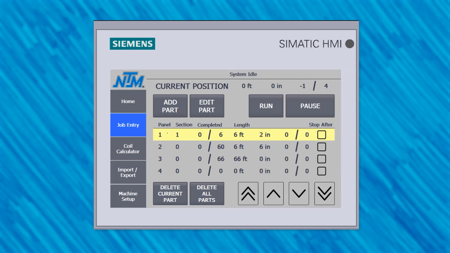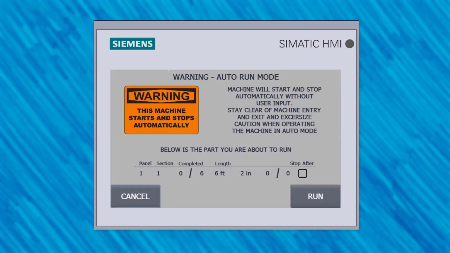So I've highlighted panel 1 because that's the one I want to start with. So we're going to do a 6 foot 2 inch panel. I need to do 6 of them. So at this point I hit run. And we get this warning, auto run mode. It's a window that pops up to make sure that you are starting with the panel program that you want to run, and also as a warning, hey, this machine's going to go into auto mode. It's going to run panels out. It's going to cycle the shear all by itself. So if we're all set to go, then we would click run,